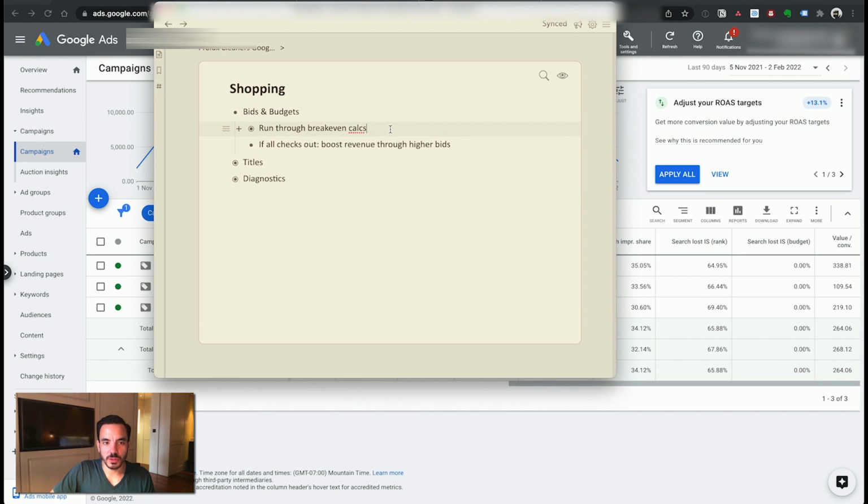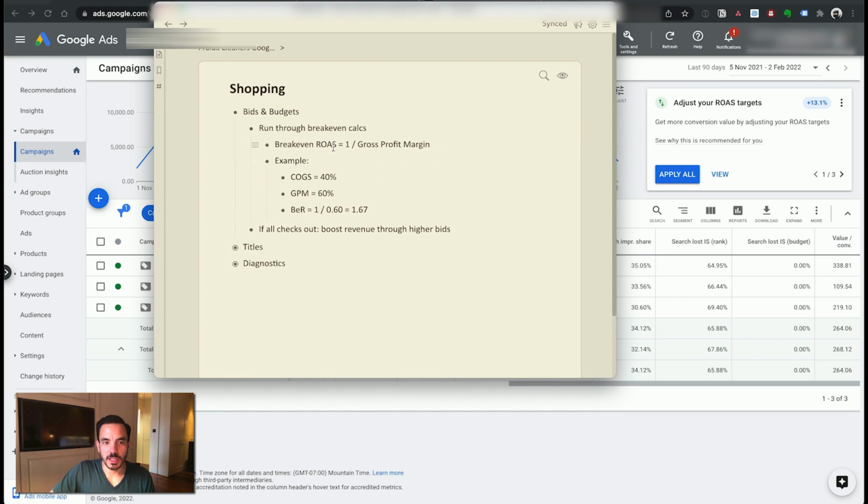So first of all, you want to run through your break-even ROAS calculations. So take your gross profit margin. Your break-even ROAS is 1 divided by your gross profit margin. So let's say, for example, your COGS was something like 40%, then your gross profit margin might be something like 60%, and then your break-even ROAS is going to be 1 divided by 0.6, which is 1.67,